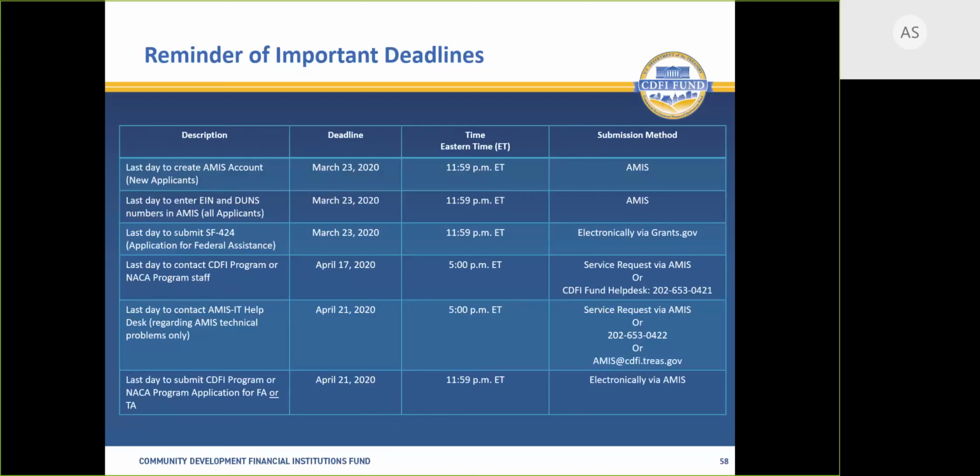Here's a final reminder of our important deadline. Coming up March 23rd for the AMIS account, EIN and DUNS number entered, and to have your SF-424 submitted and validated by grants.gov. April 17th is the last day that you can contact us with questions specific to the program. That's 2 business days before the final deadline on April 21st, when there's a 5 p.m. deadline for contacting IT with any technical issues,